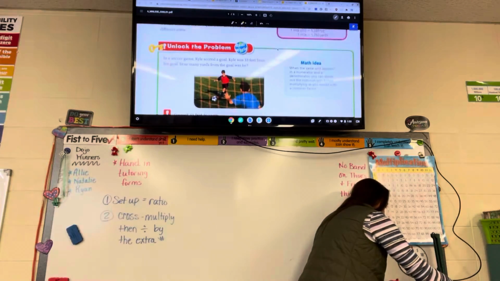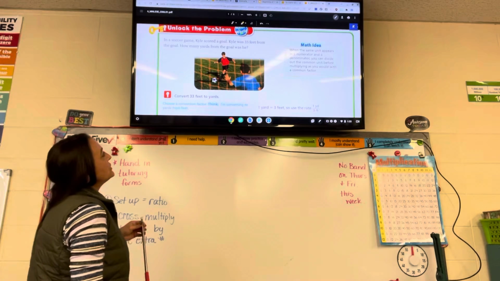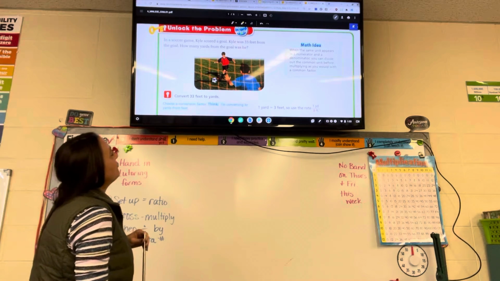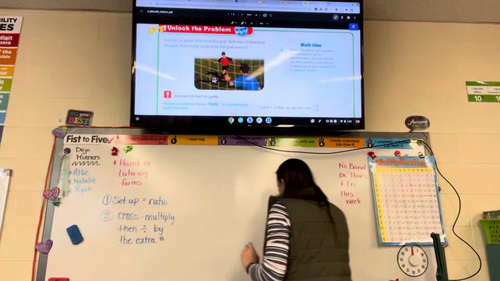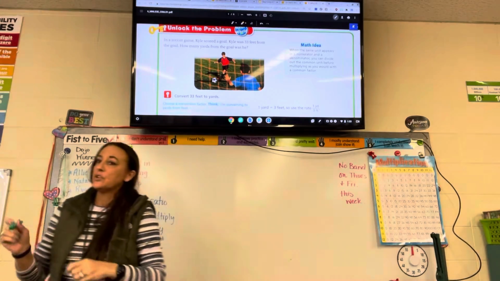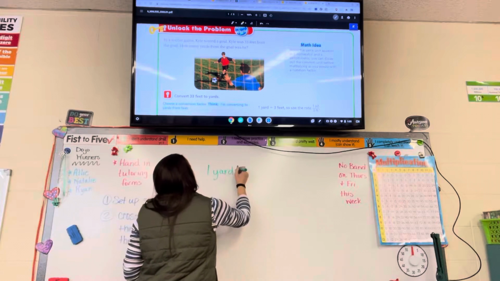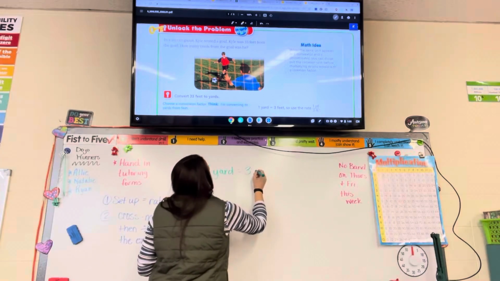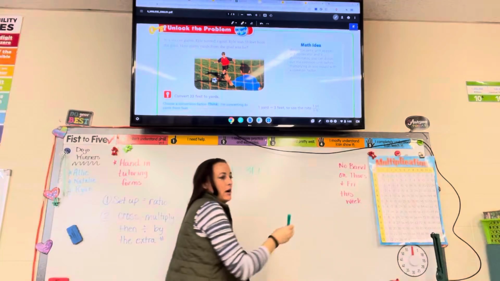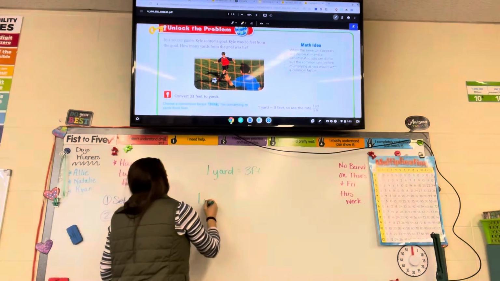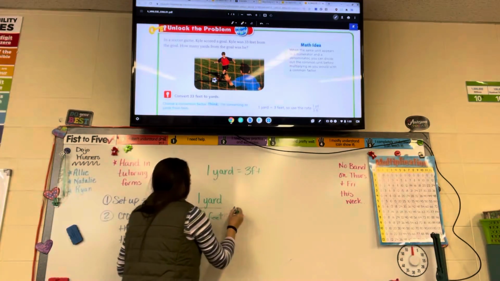We're going to start with a problem that says in a soccer game, Kyle scored a goal. Kyle was 33 feet away from the goal. How many yards away from the goal was he? So we're going to set this up. We know that 1 yard equals 3 feet. Be respectful guys. And we can set that up as the ratio, 1 yard over 3 feet, right? 1 yard over 3 feet equals,